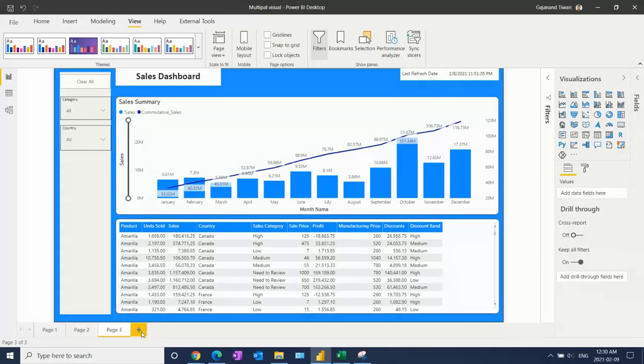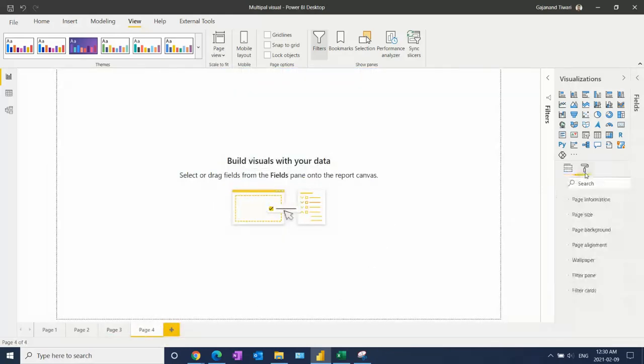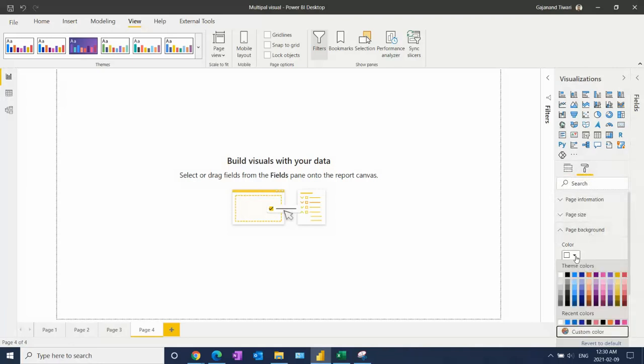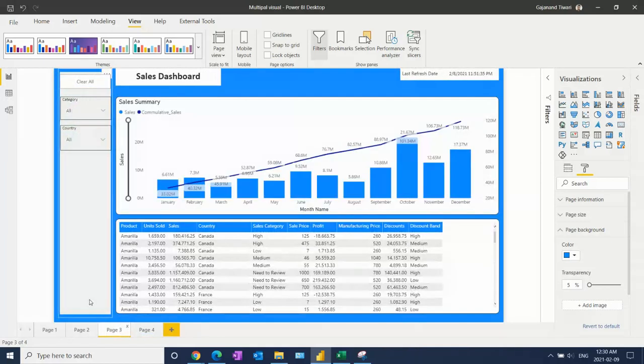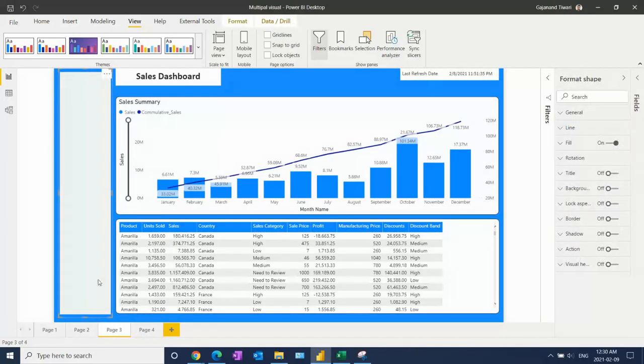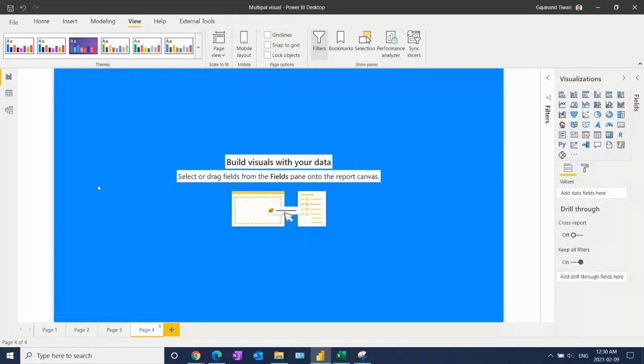bookmark. So for this, let's add the tab, and after that, first go to the page background, select the background here, and remove the transparency, 0%, so that the view can be changed. Then after, I have already added that. So if you want to know how to add these options,